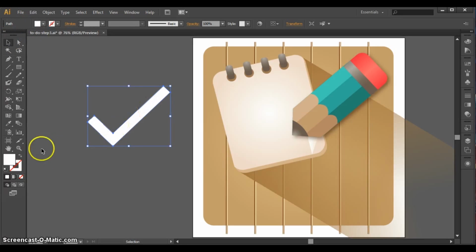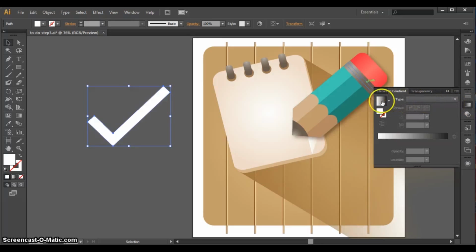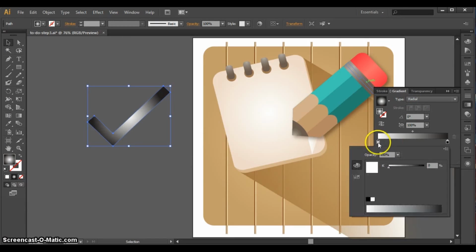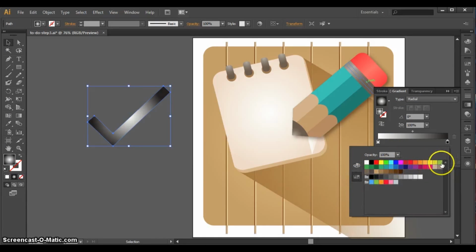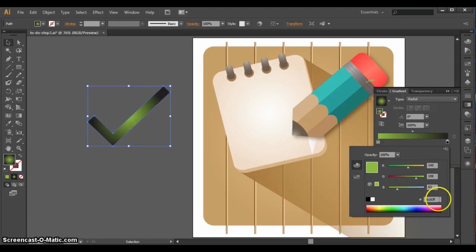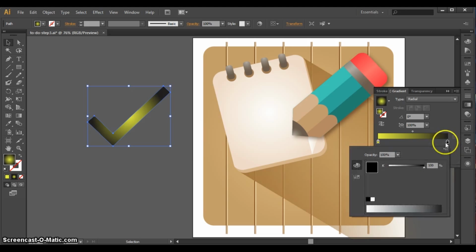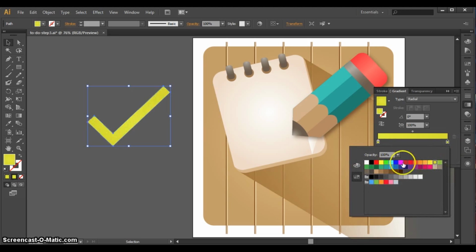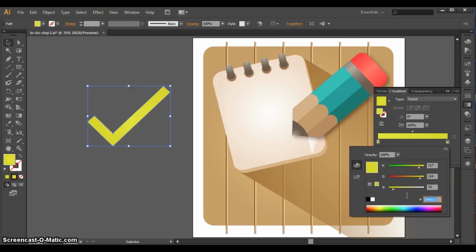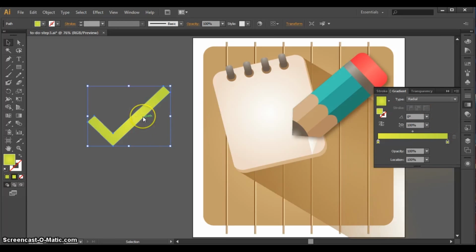Now we're going to go ahead and give this check mark color. We want to give it a gradient. We want that gradient to be a radial gradient, and we want it to be from one shade of lime green to another shade of lime green. So we're going to go ahead and pick something close and then give it the exact color. E5F034 for the first one. It's pretty lemony green. And then for the second one, we want it to be BDD734. So now we have this nice electric lime green